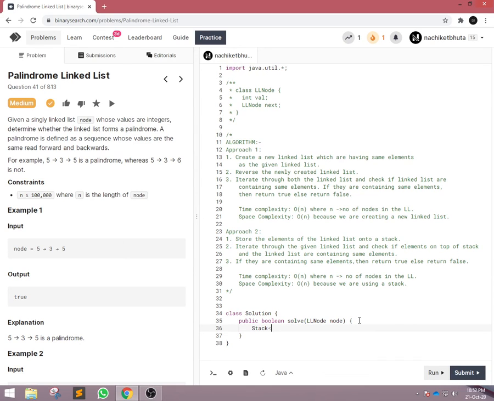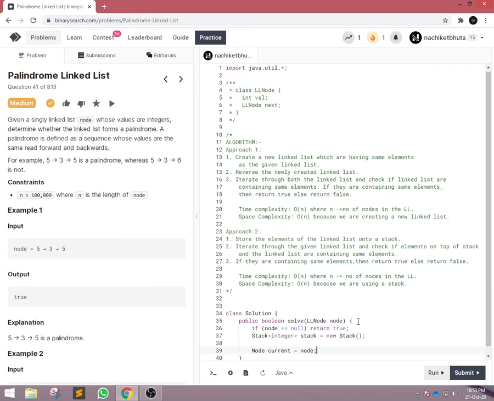We will start by initializing a stack of integers. Before initializing the stack, I will first check if the given linked list is null or not, because if it is null, then there is no linked list in the memory, so we will return true, because if we don't have a linked list in the memory, then it is palindromic.